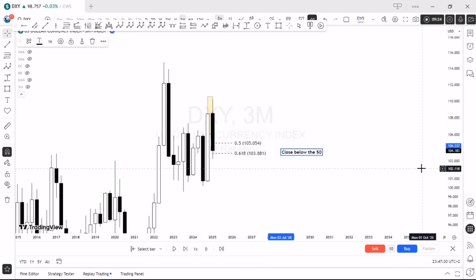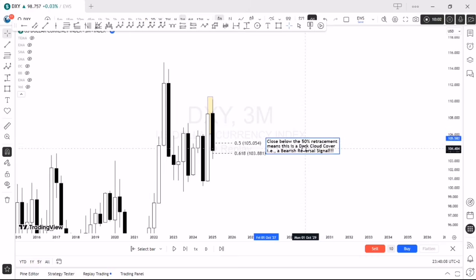And then on the quarterly, what do you see? A black candlestick following this white candlestick. And then look at the Fibonacci levels. It closed below the 50. So we know that the moment you close, in such a pattern like this, is what we call a dark cloud cover. The moment we close below the half, in the case of a bear market,